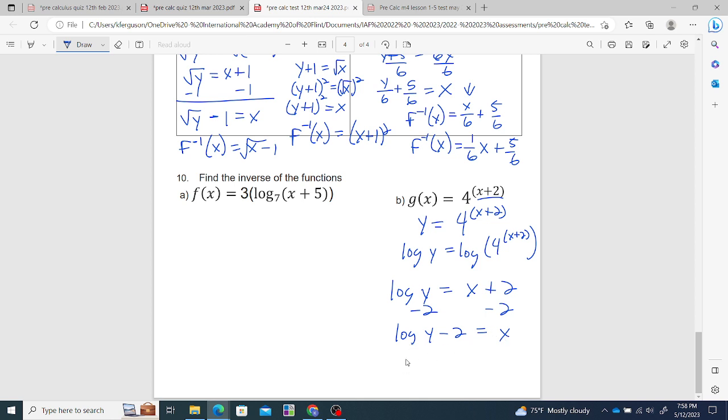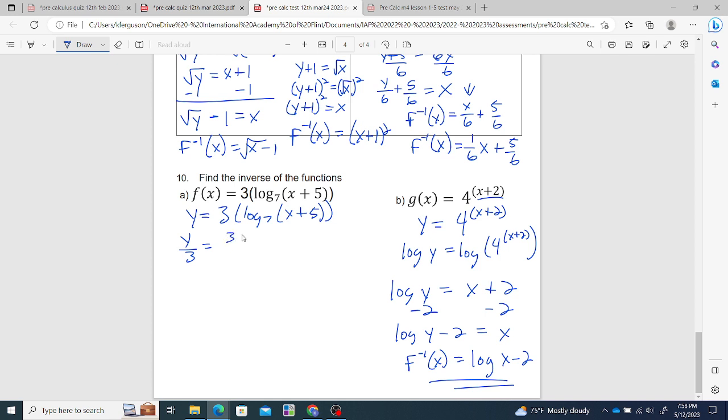Then I'm going to change this to inverse function notation. So the inverse function of x equals log of x minus 2. And that's my answer. Now this one's trickier. First I'm going to give myself y equals 3 times the log base 7 of x plus 5. First off, I'm going to divide both sides by 3